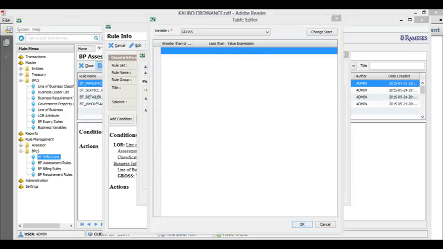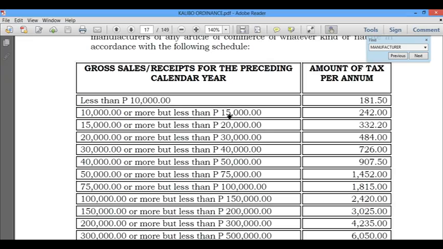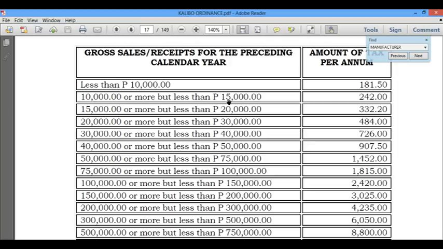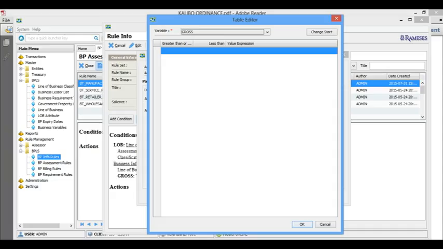So that means I'm gonna encode here 10,000, 15,000, the values here. So I'm gonna copy 10,000, 15, 20, 30, 40, 50, 75. Okay, 10,000 to 15,000. Okay, I cannot view it here. Wait a minute.